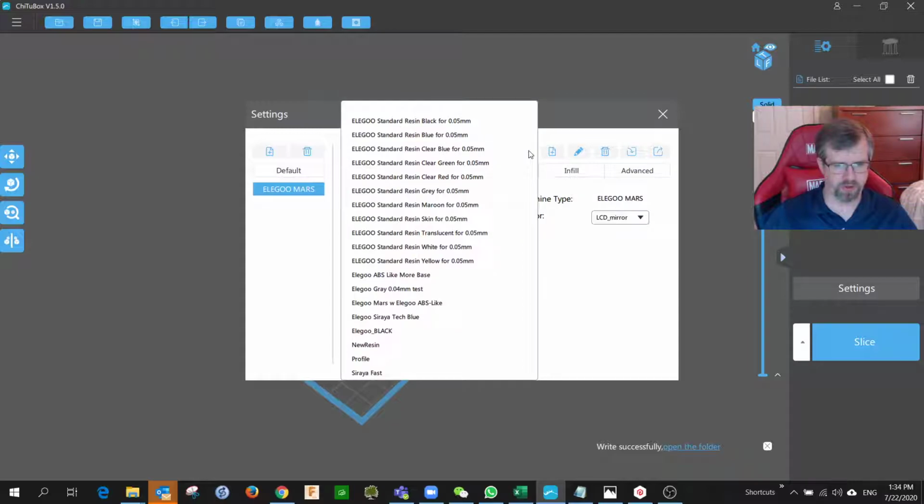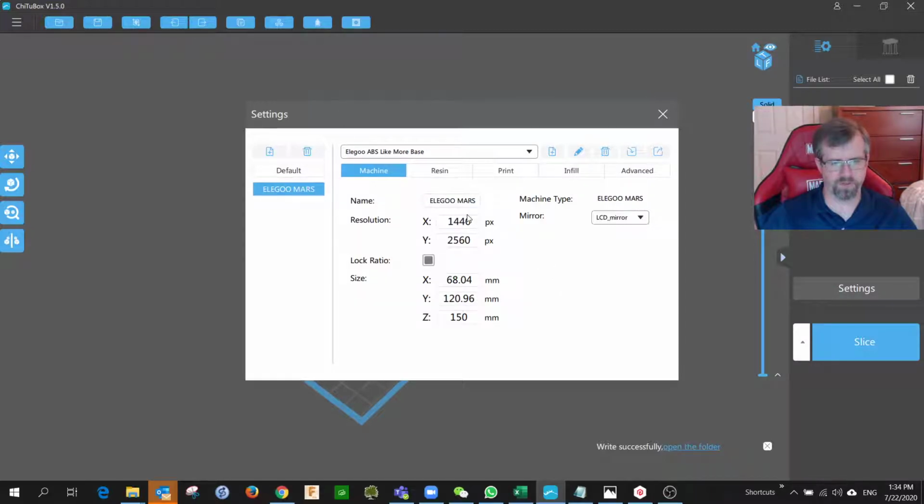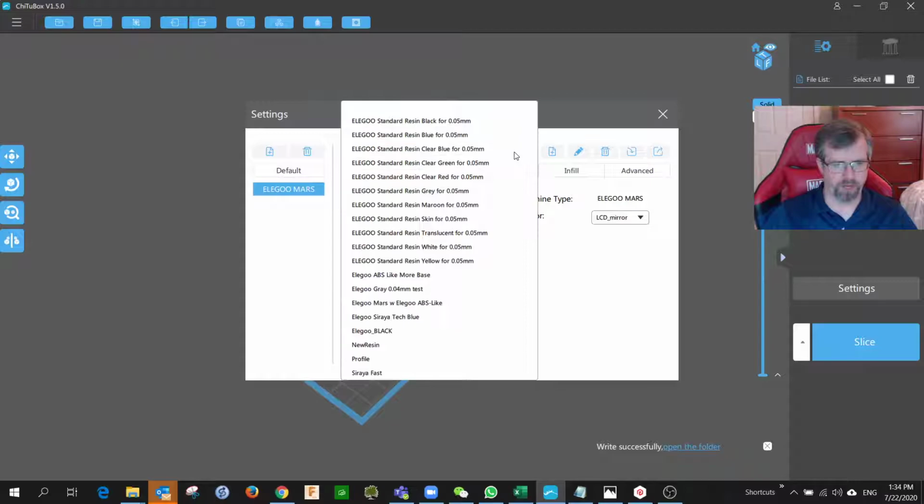Now I have several different profiles set up for that printer because there are different parameters needed for different resins. In this case, I'm going to use what's called the ABS-like More base. If you look around at some of the 3D printed items that I have made in the past that are gray in color, that's typically the style of resin that I was using. Sometimes you will find,